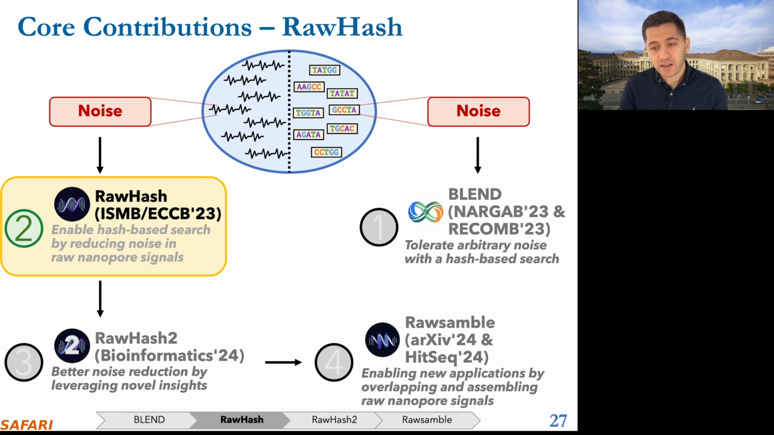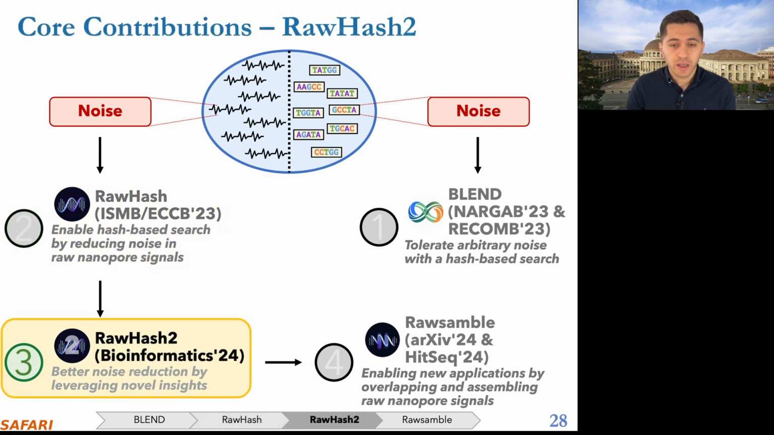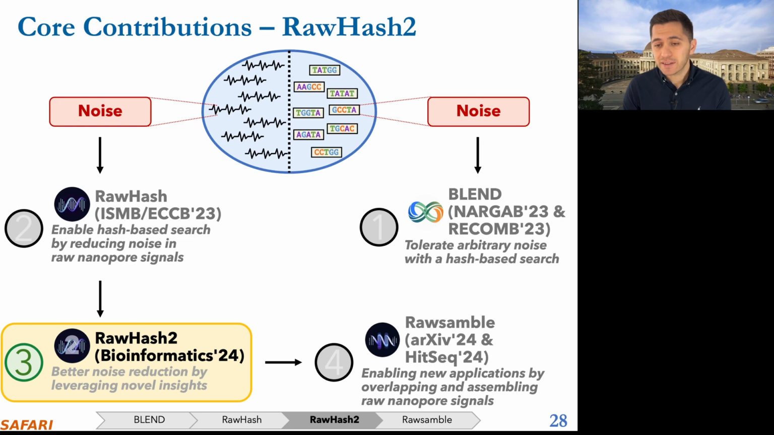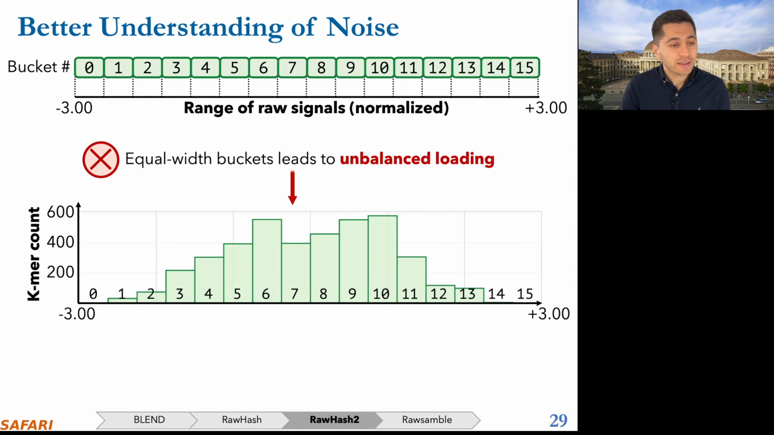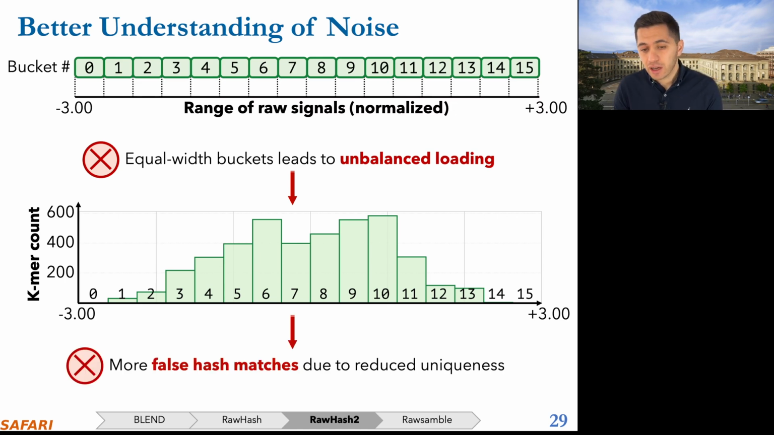Now I'll discuss our third contribution, RawHash2. In RawHash2, we enable a better understanding and handling of noise in raw signals, which allows us to further improve raw signal analysis. Although constructing equal width buckets enables noise reduction in RawHash, we find that equal width buckets lead to unbalanced loading, which can cause more false hash matches due to reduced uniqueness, impacting several parameters related to